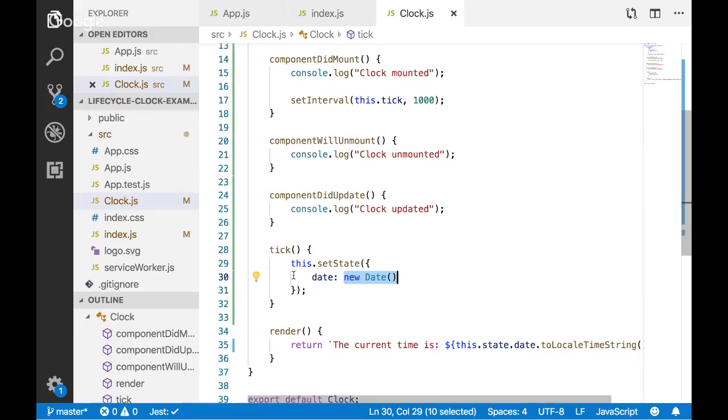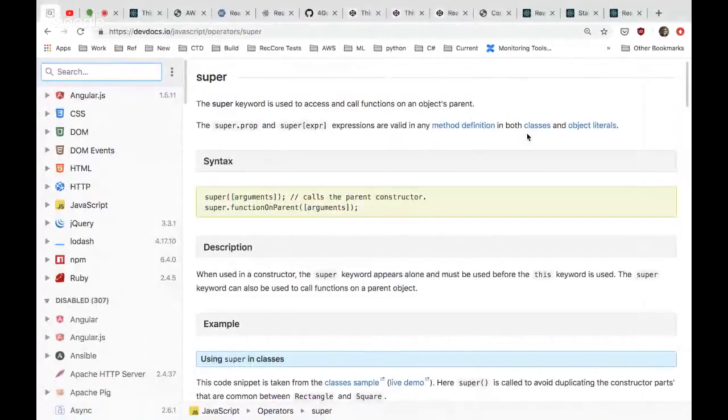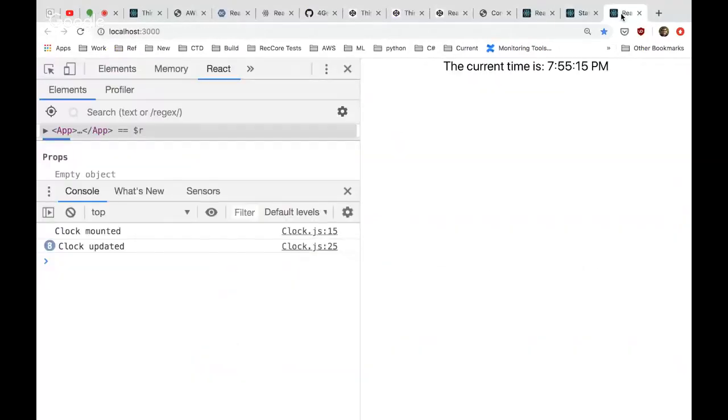So now we've got this lifecycle bit that should be firing. Let's go back and see if this works. Yeah, it looks like we're firing roughly every second. And we can see our clock is being updated. But we've still only mounted once, right? So even though our data is changing every second, it's re-rendering. And I can emphasize that as well.